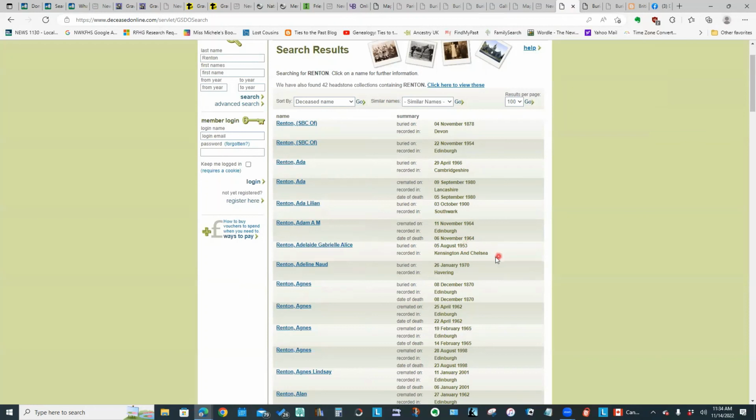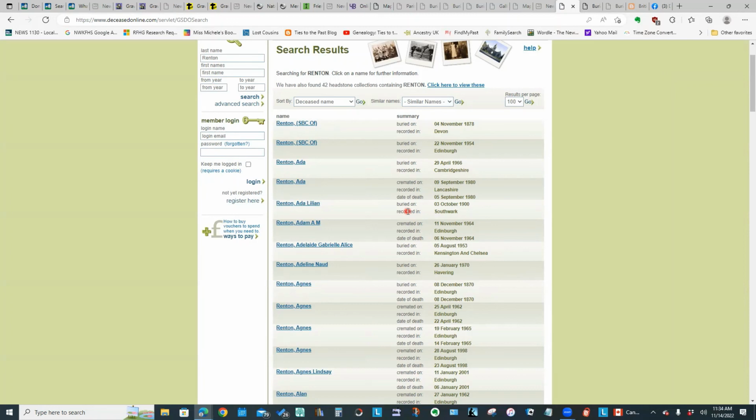And if I don't want to pay Deceased Online for copies of the transcripts, if I have a good idea where they were buried, I may be able to get the copy of the burial image through FamilySearch or through one of the genealogy societies that covers that area. So it is worth keeping this website in mind.